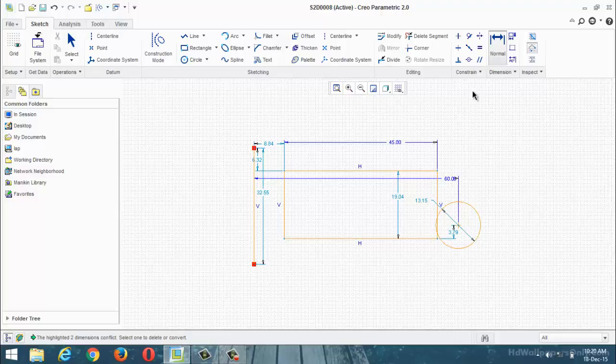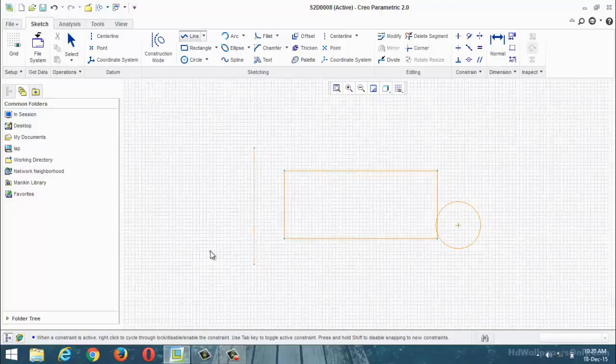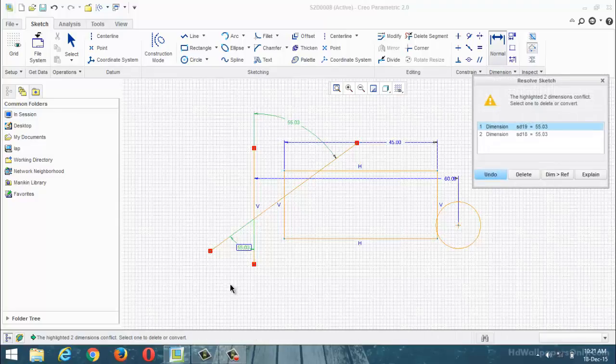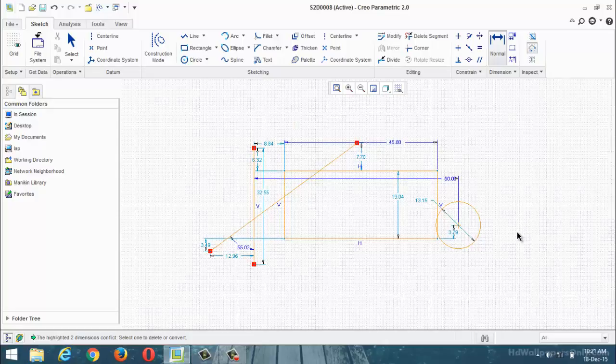Not only that one, you can specify angle also. Again I am going to design one line. Now my requirement is to find out the angle between this line and this line. Select the normal option, this one. You can select this one. Just press the scroller button. Okay. Again select the normal, select this one and this one. Enter. What happened? Over constraint. Why? What type of angles? Alternate angles. Okay, delete any one of them as per the requirement. That is about the normal option.